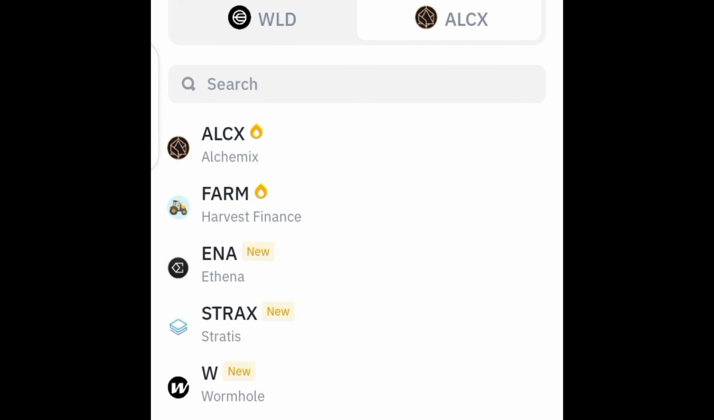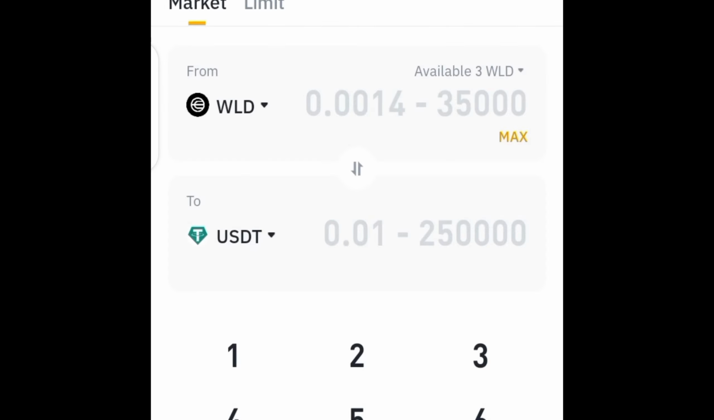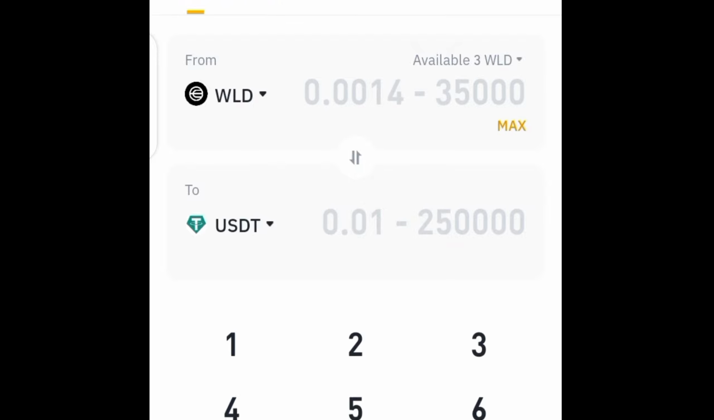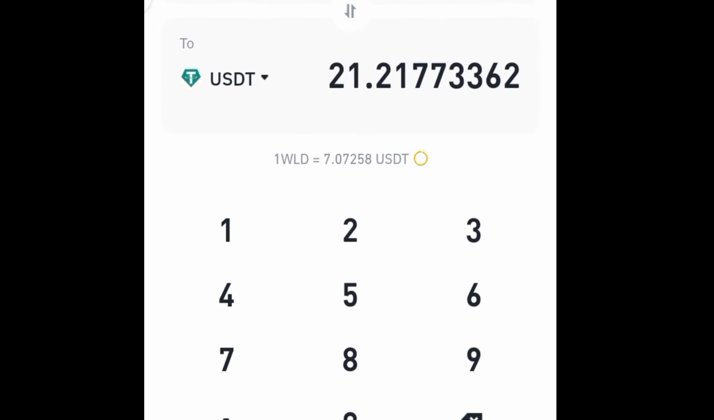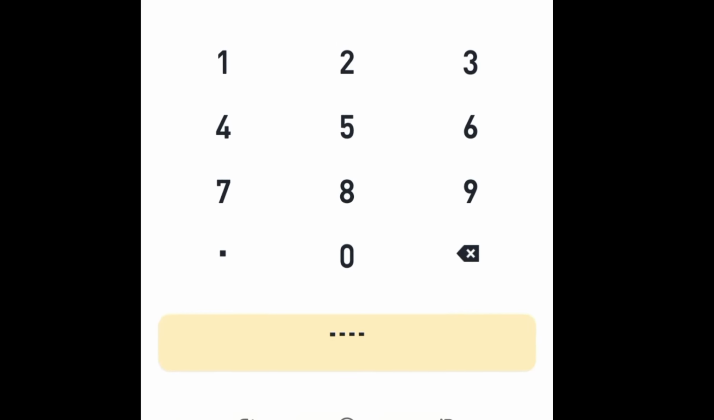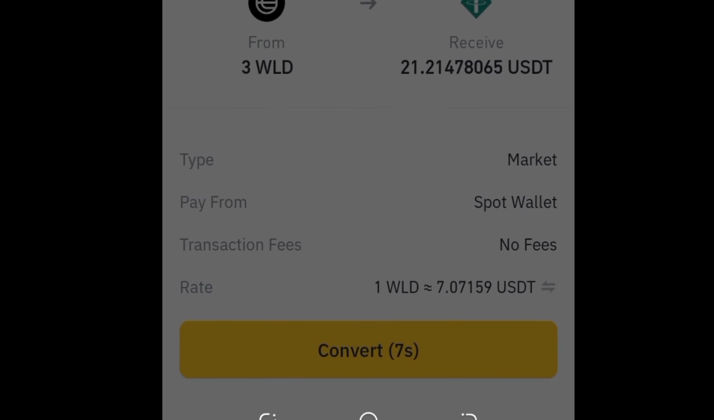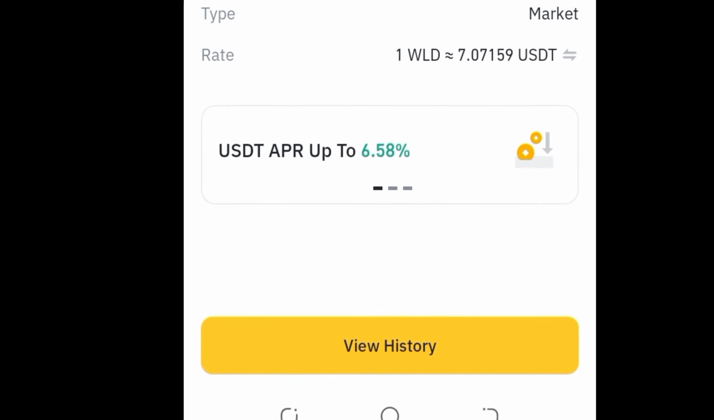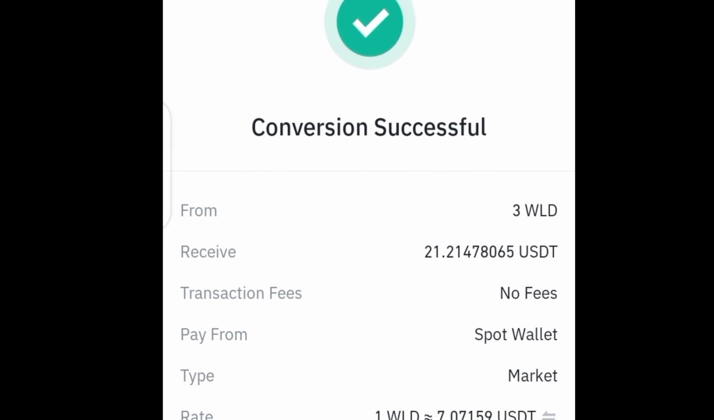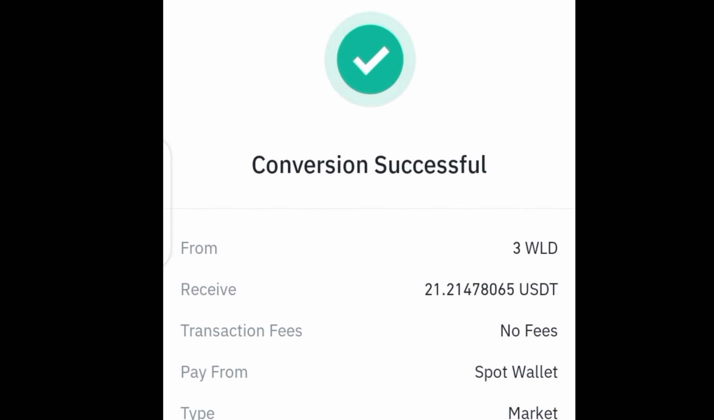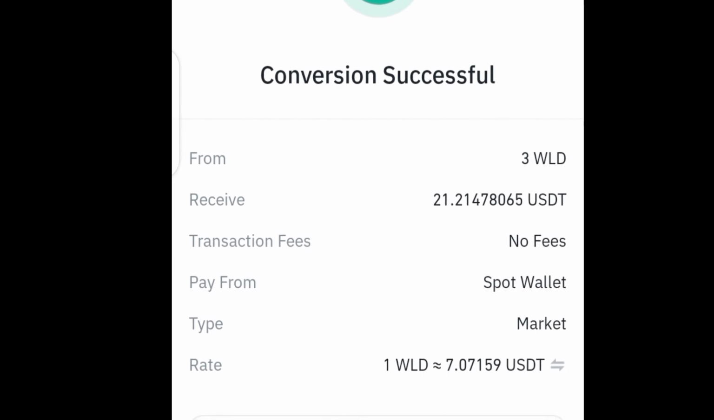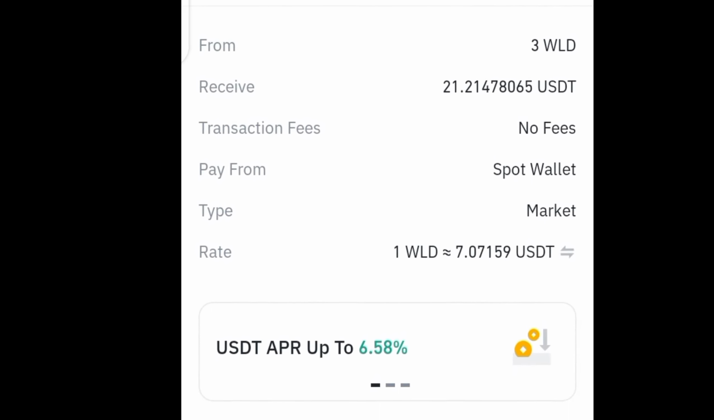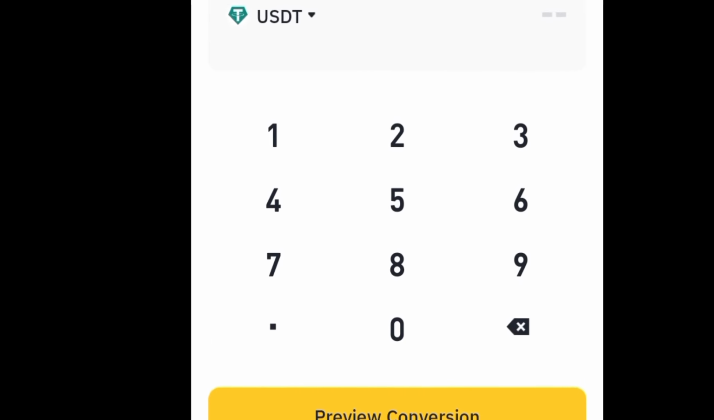It's not money. Crypto is I think it's an asset, maybe. I don't know. So I'll click maximum and convert. Preview, convert. So we have 21.21 USDT. So you go back,